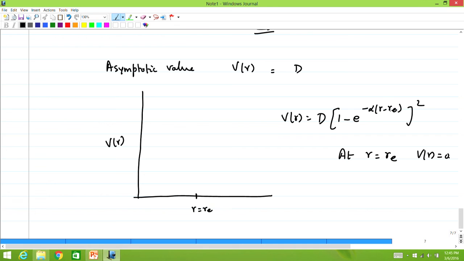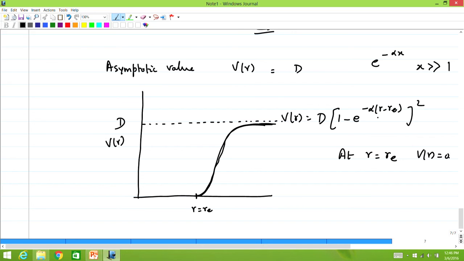For all values of r greater than Re, this number is smaller than 1, and therefore this number 1 minus e to the minus alpha (r minus Re) whole square is positive, and since this becomes smaller and smaller, this keeps on increasing until it reaches the maximum value of D. When r minus Re is so large that this exponent is almost 0, because it is exponential of minus alpha x, and if x is very, very large, then the exponential of minus alpha x goes to 0. Therefore, you see that the V of r reaches an asymptotic value, and this is the asymptote. Therefore, D is the value for infinitely large